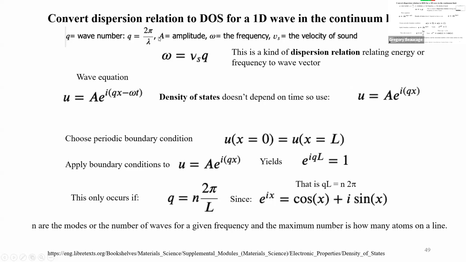So this just defines a term. The wave vector is 2 pi over the wavelength, and the angular frequency is the... If you're relating frequency to k, that is what you want for a dispersion relationship. So that's the dispersion relationship they're saying, and that's basically the Einstein dispersion relationship. You just have one value of frequency. So it doesn't matter what. They're just one to one, right? So anyway,